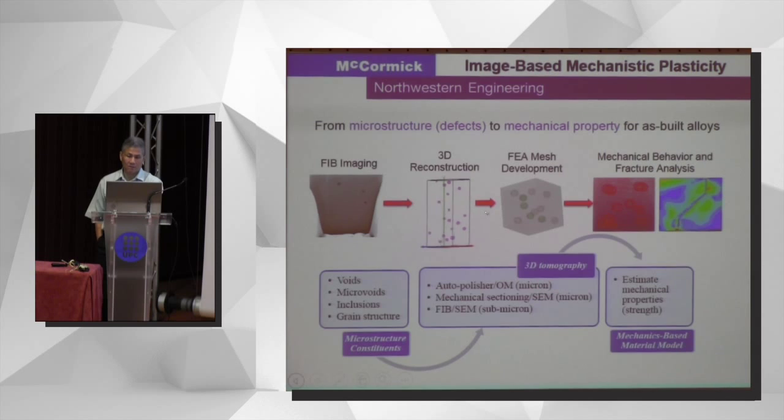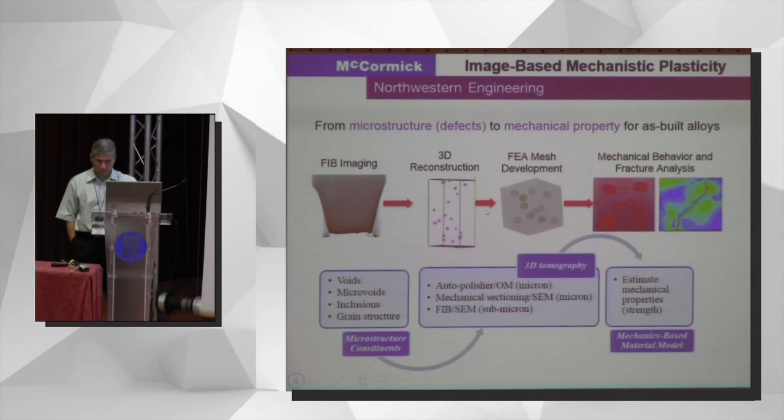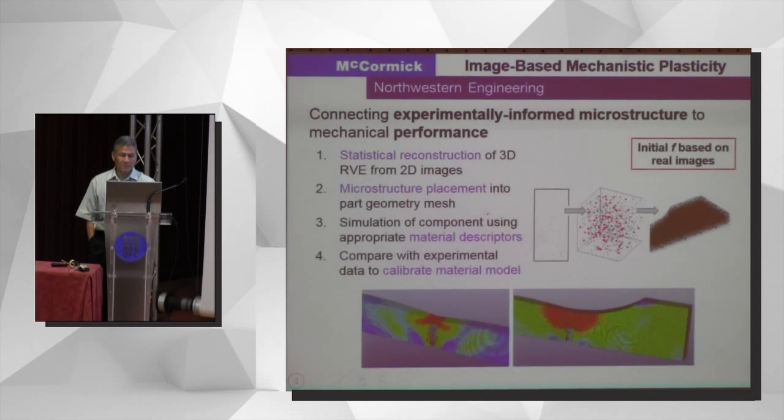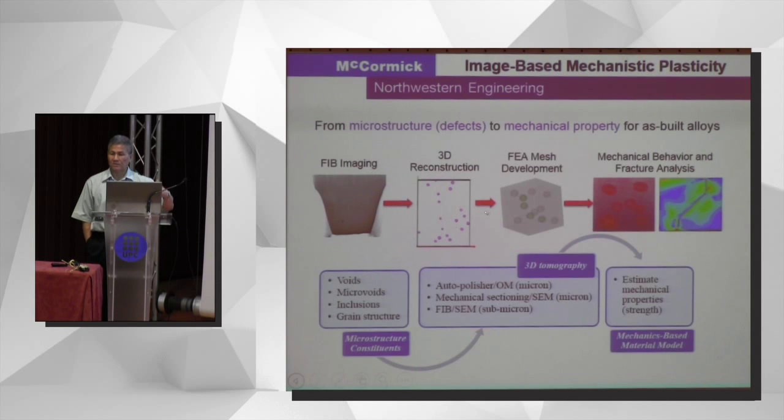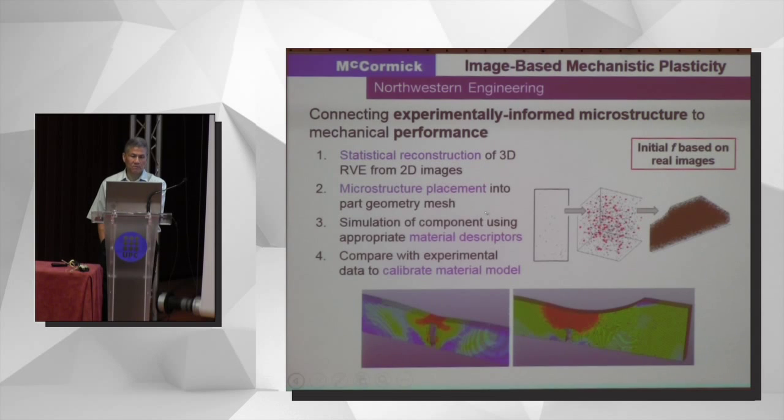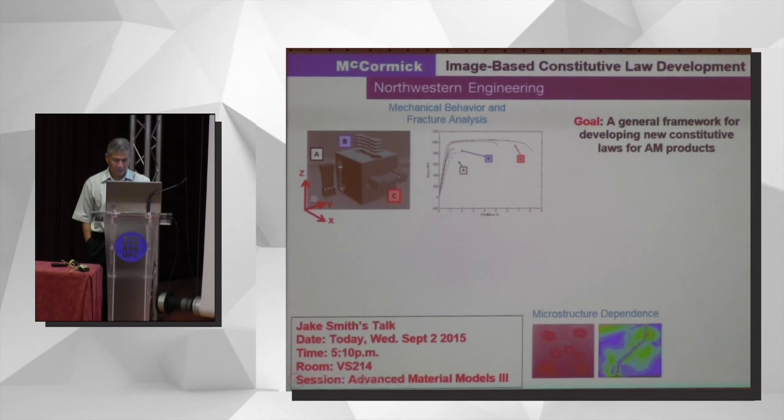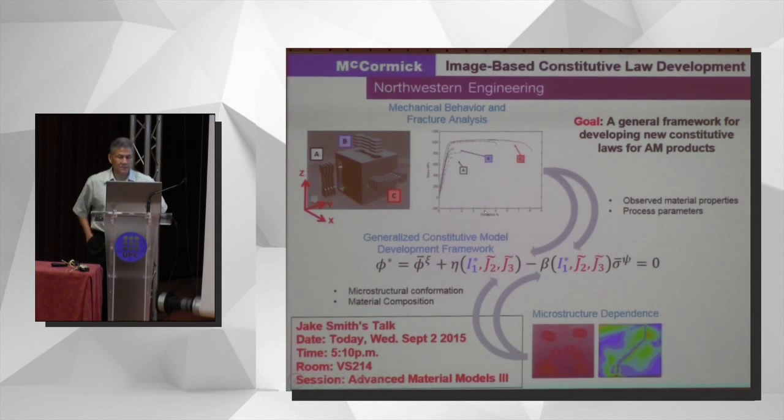And again, all these are based on images, so we do a lot of data. But this image base is a function of process parameters. So you can see for one process you have one set of data. And then we do statistical reconstructions and look at the microstructure placement. These are things that we are still working on. And in this case, now you're going to come up with your plasticity model,